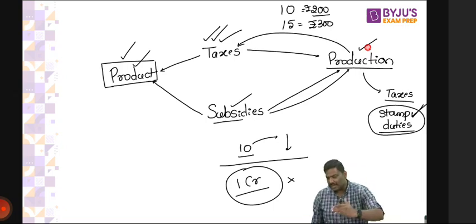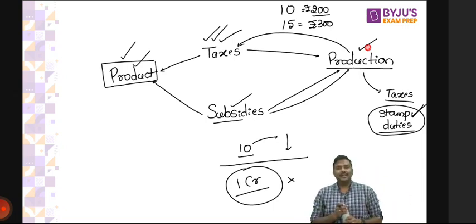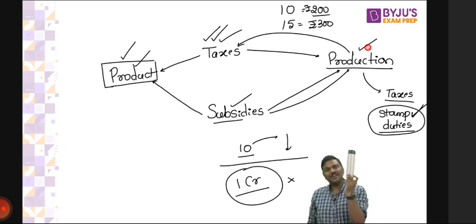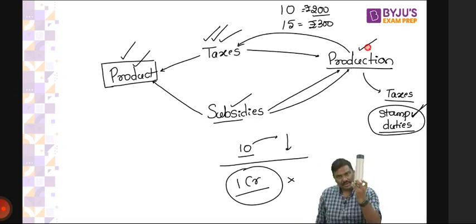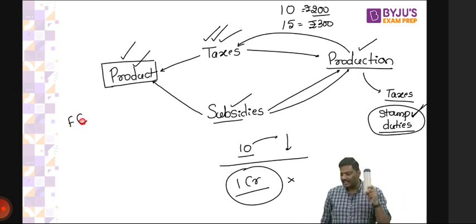Because I'll go to the next point now. What is the next point? Imagine you're a manufacturer. Now, if you want to decide what is the market price of the bottle, follow this carefully. All of you will start with factor cost or not? Let me know. You'll have to start with factor cost.